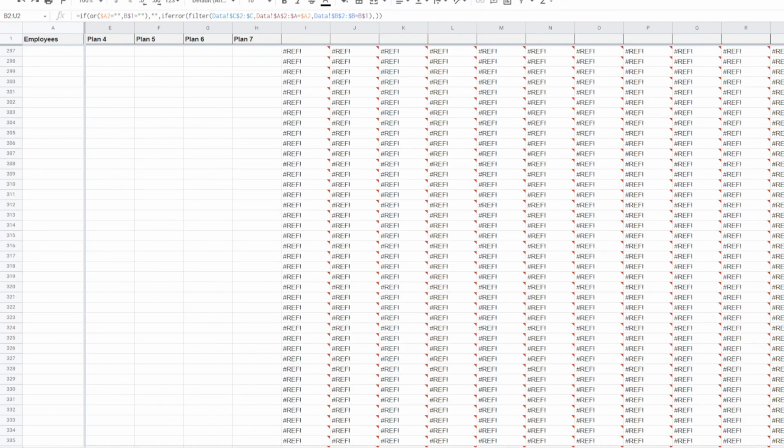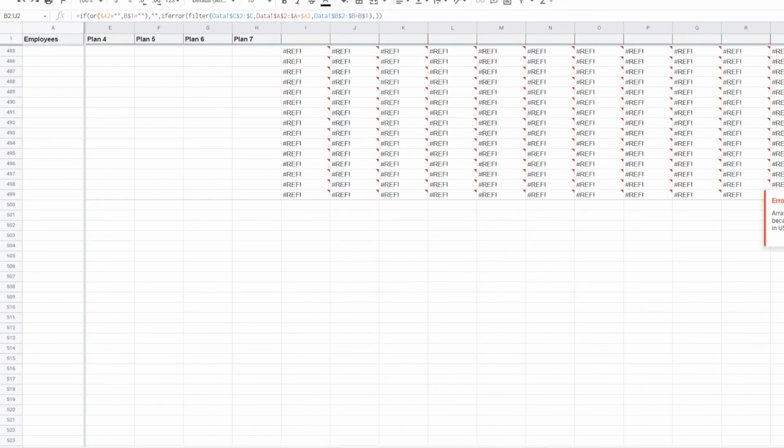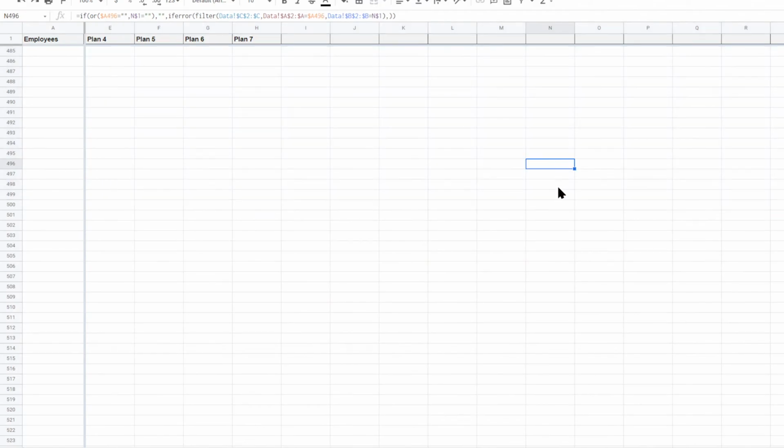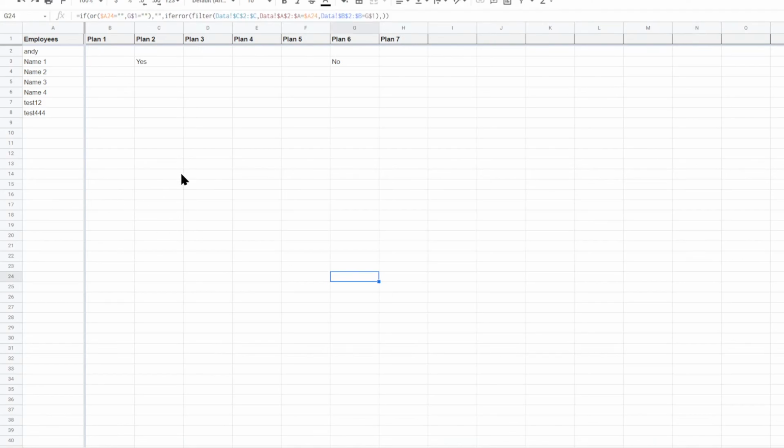So this will let you report on up to 500 unique employees. And if you wanted to go more, well, you can drag it down even more if you wanted to, past row 500. Actually, technically 499 employees. But that should fit most use cases that are going to be using a template like this. All right, so